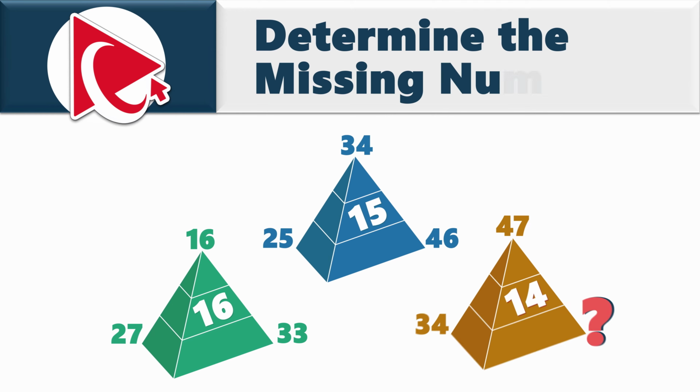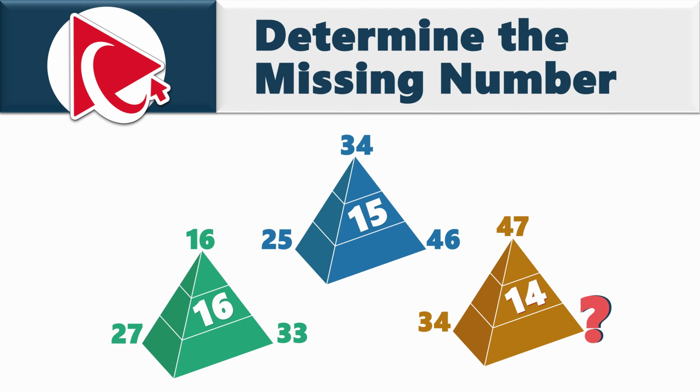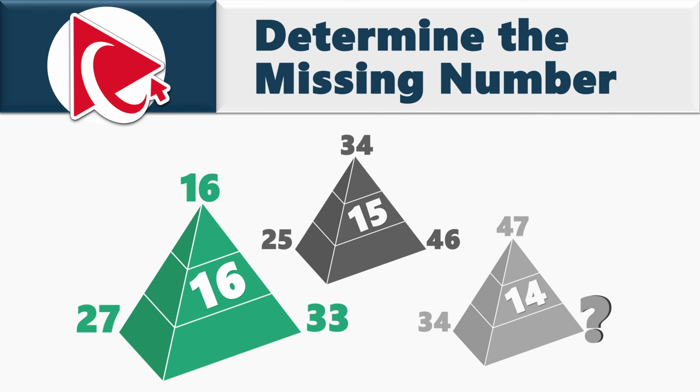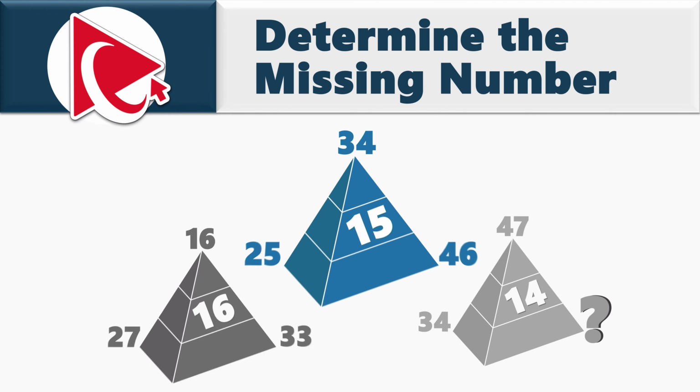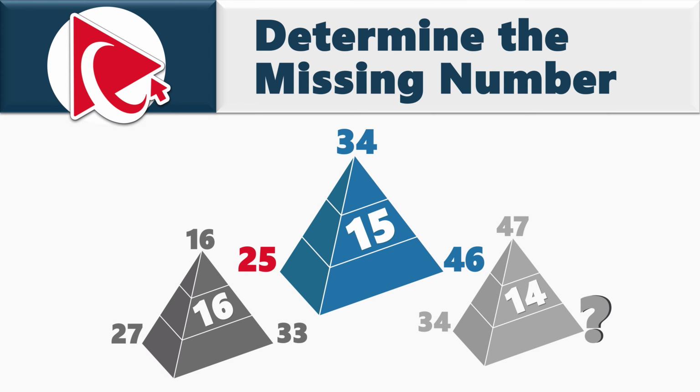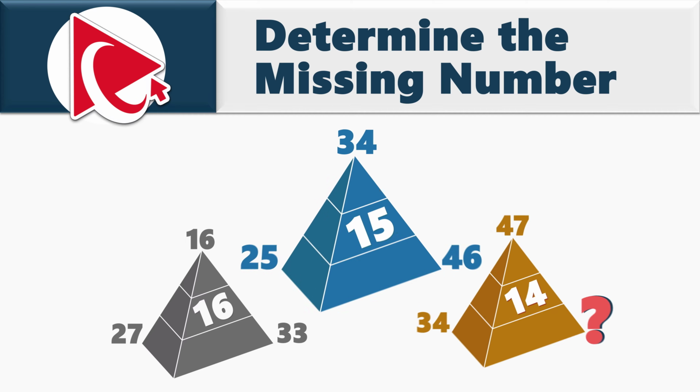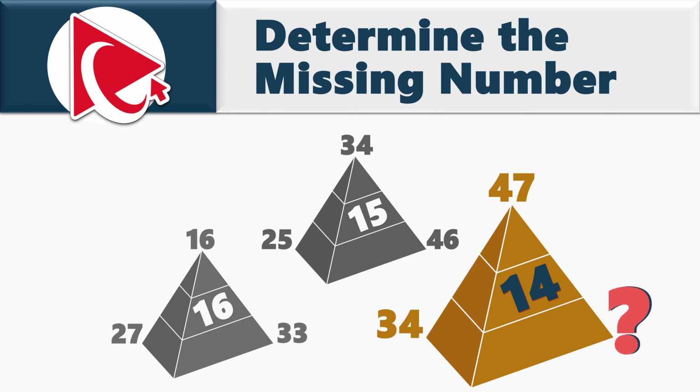You're presented with 3 pyramids. Each pyramid has 3 numbers on the outside and 1 number inside. In the first pyramid, the numbers are 27, 16, and 33, and the inside number is 16. In the second pyramid, the numbers are 25, 34, and 46 on the outside, and the inside number is 15. And on the last pyramid, the inside number is 14, and the numbers on the outside are 34, 47, and